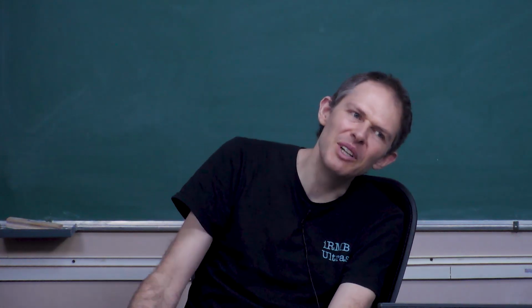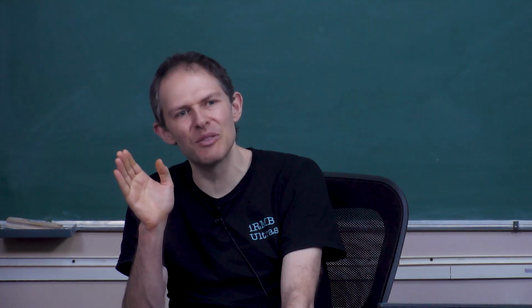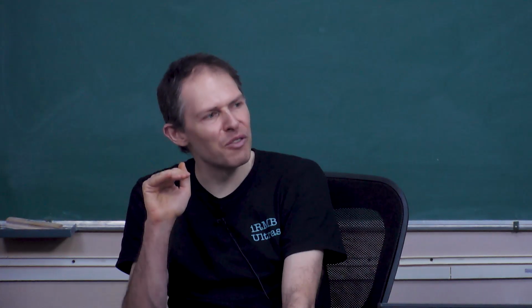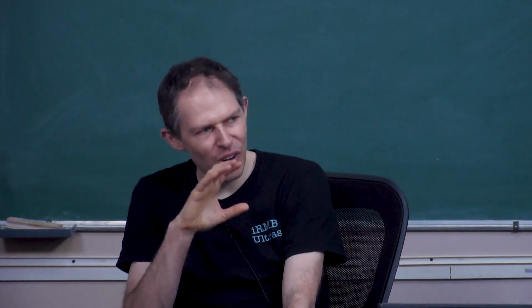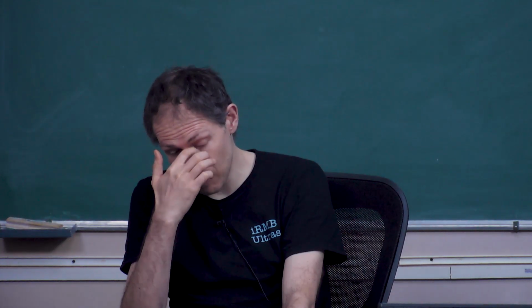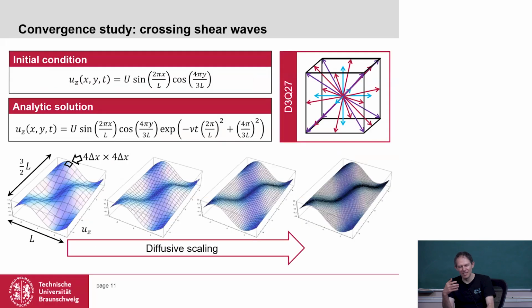So what does this mean? We remove the inhomogeneity, at least for the one that is related to viscosity. We remove this from the Oseen equation. This means we have no source term anymore in the error equation of this cumulant method, and therefore we increase the convergence of the cumulant methods, which we then call super convergence. Now you can do very, very simple measurements, like a crossing shear wave example, and measure